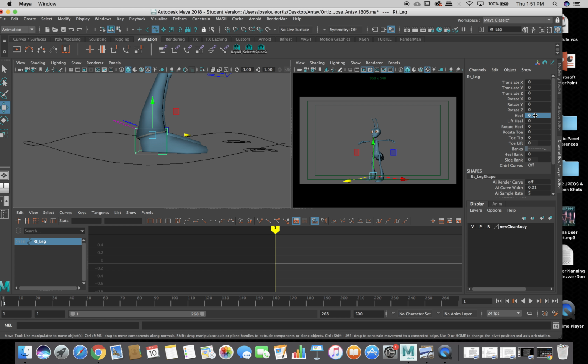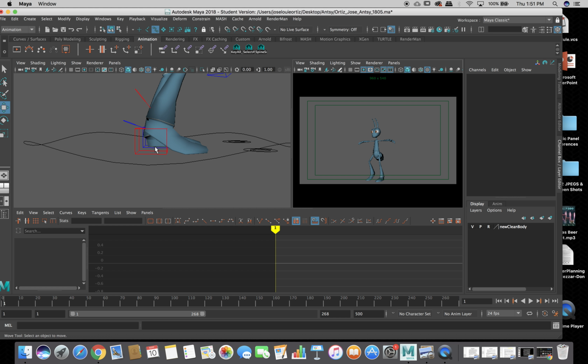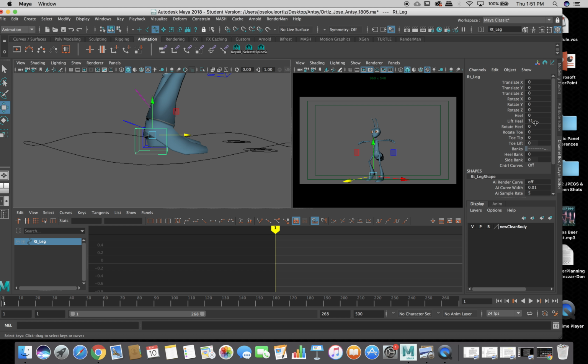So that helps us not to pivot on one point without sliding. Okay, and obviously we can use the translation. When you're lifting the leg up, you're going to use the normal translation. Okay. When you're lifting the leg up to get the tilt,